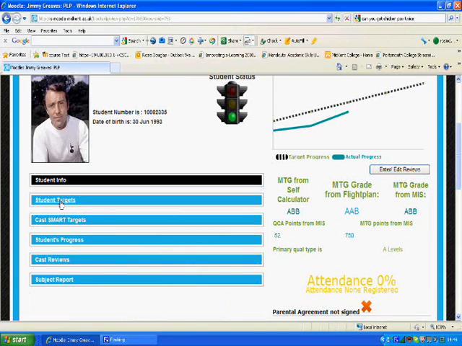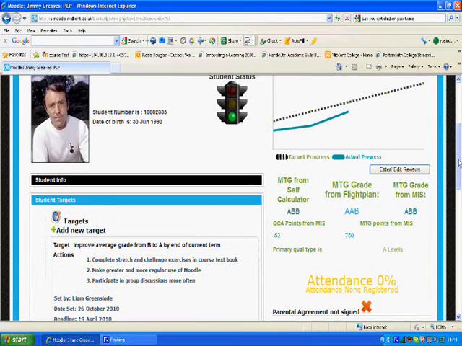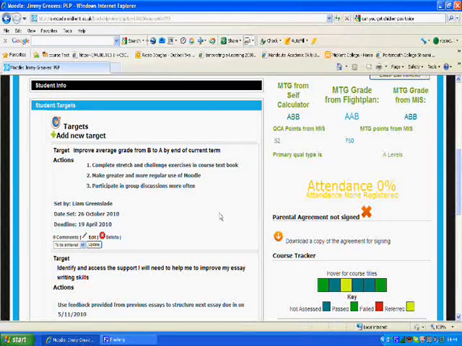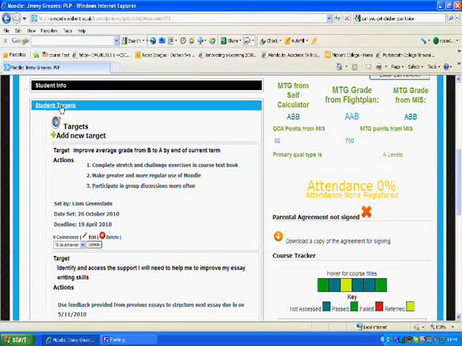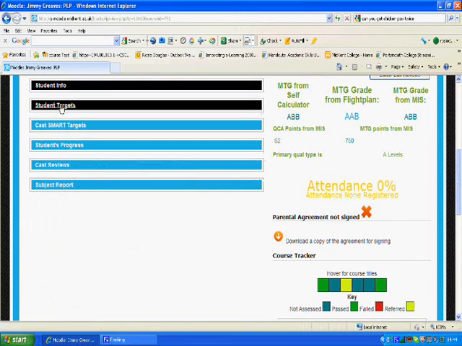The second box are the student targets. Now these can be completed by the tutors, the course tutors, the personal tutors, and the students themselves can add into the target, and this is part of the core module. The only thing we've changed here is that we've made these into concertina boxes so that you don't get a large spread down the screen, but can close them. I'm going to come back to the SMART targets in a minute, because the next bit of the core